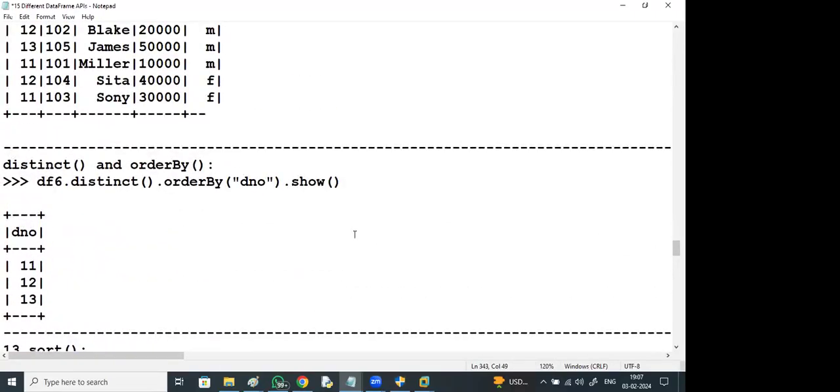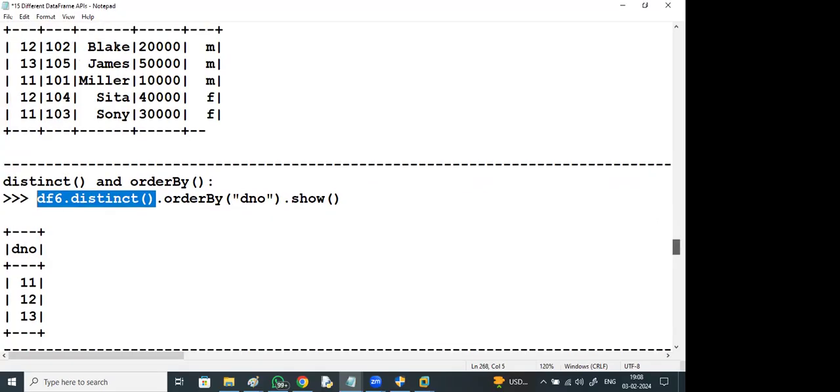Yeah, distinct. Data frame dot distinct means you will get distinct rows. Okay, got it. So will this distinct be department number wise or all column wise?